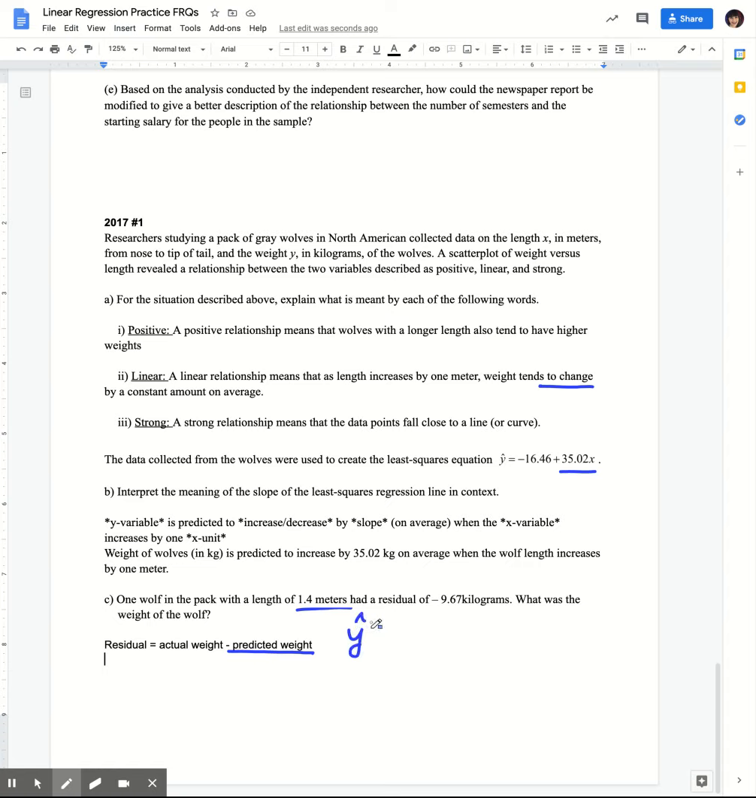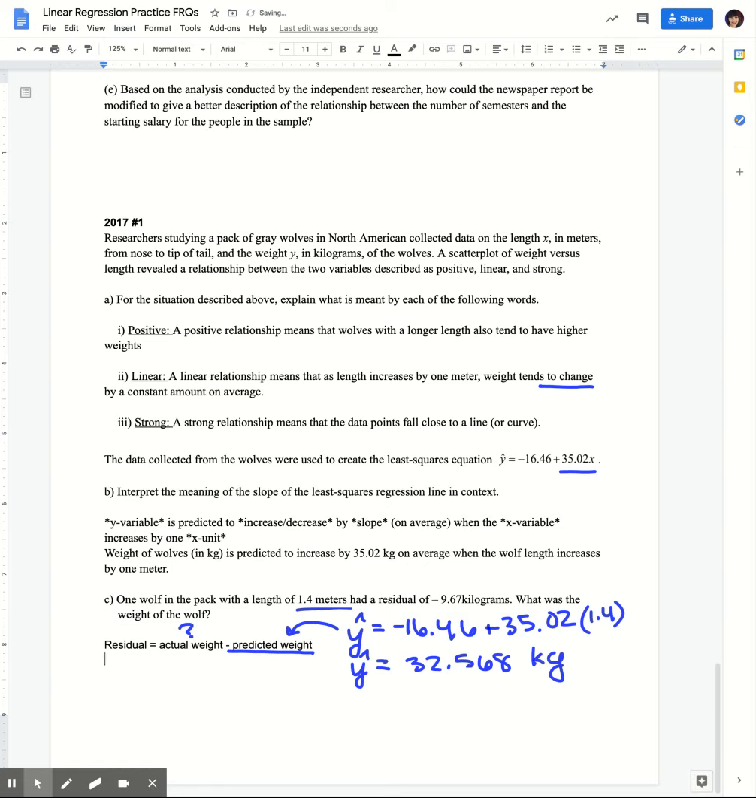So I have y hat equals negative 16.46 plus 35.02, and then I'm going to multiply that by x, which is 1.4. So y hat, which is the predicted weight, if you plug all of that into a calculator and simplify it, you get 32.568 kilograms. Okay, so that is my predicted weight, right? And what we are looking for is the actual weight. So now I have enough information that I can plug,